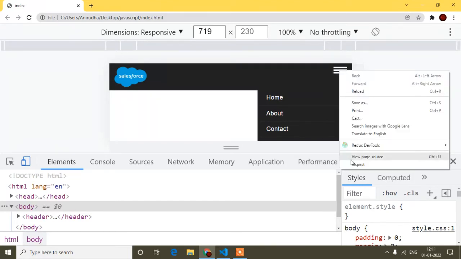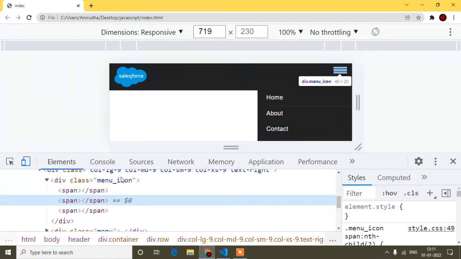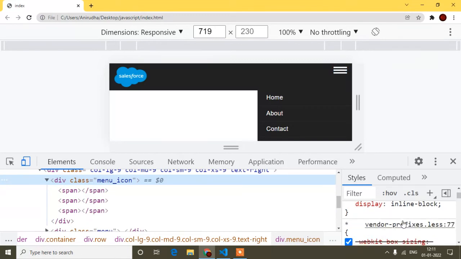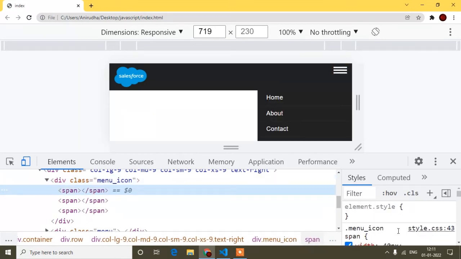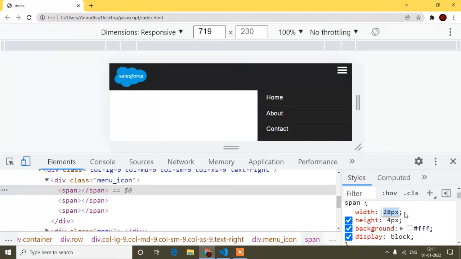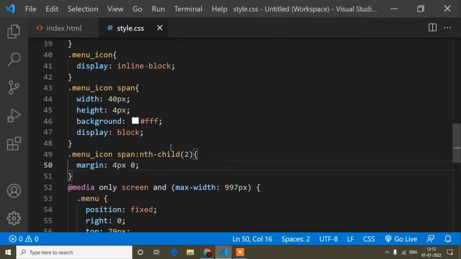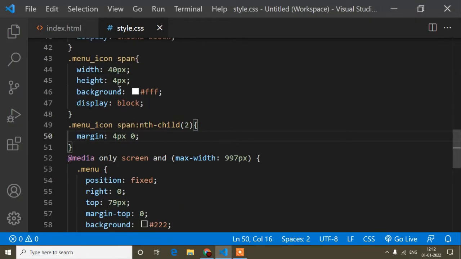Okay, but the icon width is too much, so I will adjust the width of this span tag. I will set 20, 30. 30 is perfect. So here I will write width is 30, not 40, like this.